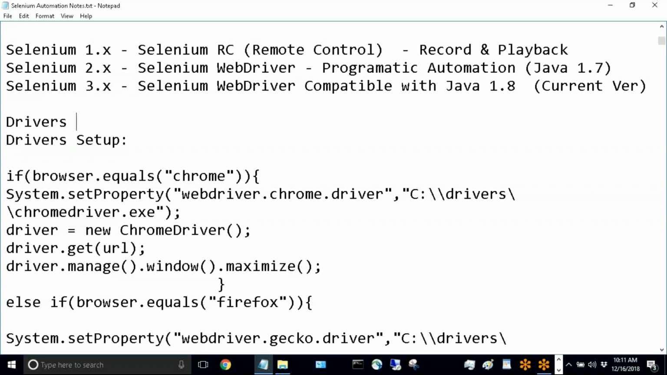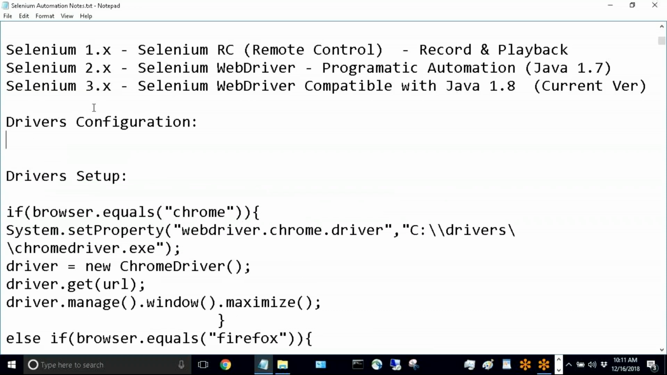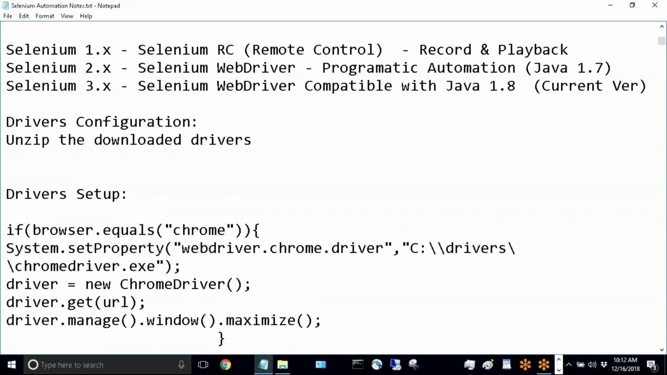Drivers configuration. Then setup. Okay. So first, what we are going to do after downloading: unzip the downloaded jars, the downloaded drivers, and store them in a location. Okay, so my location is